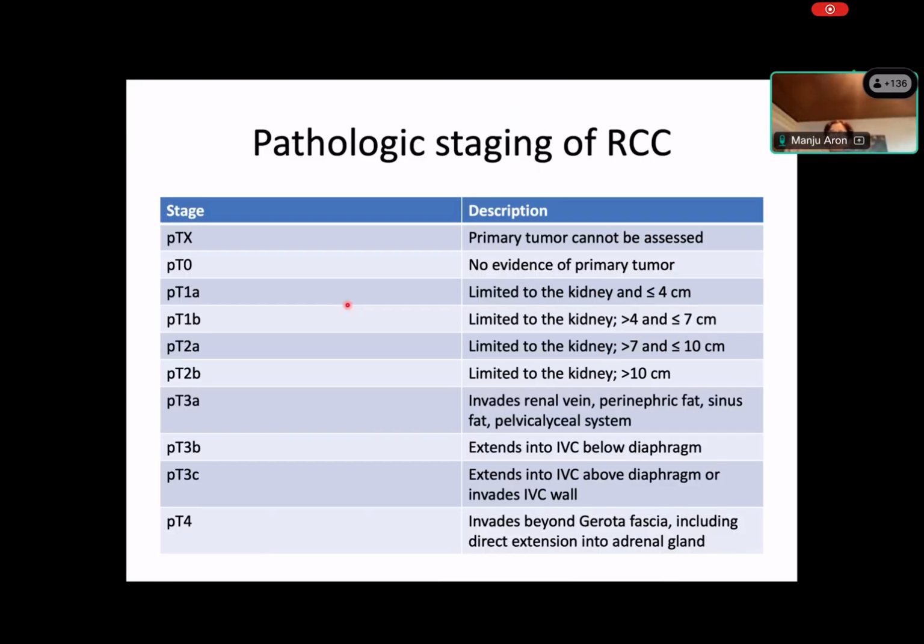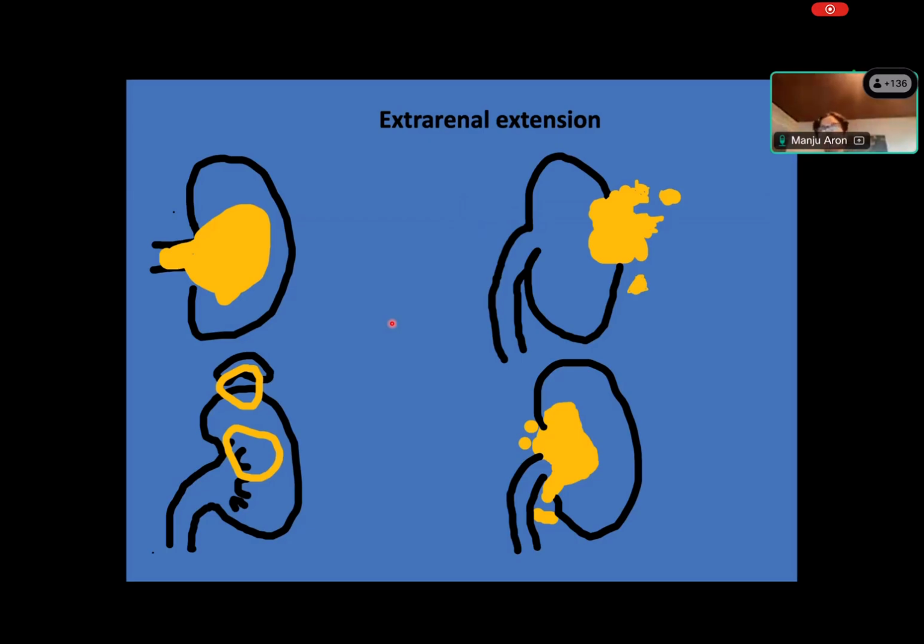Now, here is the staging of clear cell RCC. I have briefly gone over it in my initial presentation on gross evaluation, but I'm bringing your attention to the fact that if you have a tumor that's limited to the kidney, then the size is important. And the cutoffs, remember, are 4 centimeters, 7 centimeters, 10 centimeters. Those are important cutoffs. Once the tumor has gone outside the kidney, the size really doesn't matter, but when it's limited, remember that. I have already gone through extrarenal extension, how you look at it and evaluate it grossly, and to make sure you take extensive sections to document that.